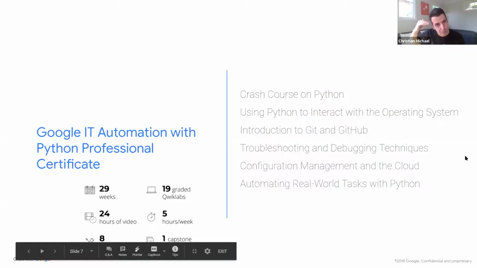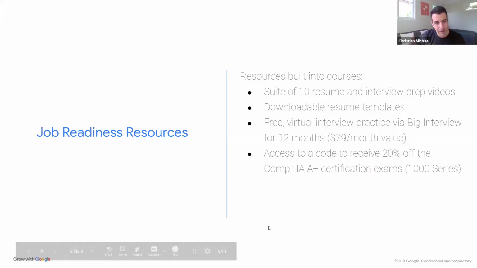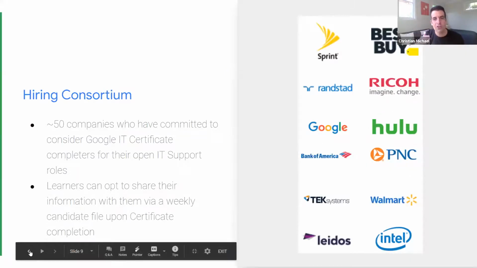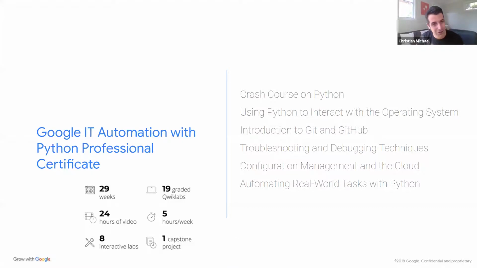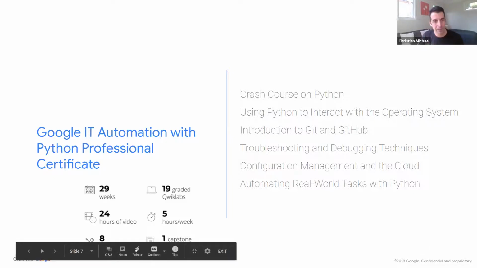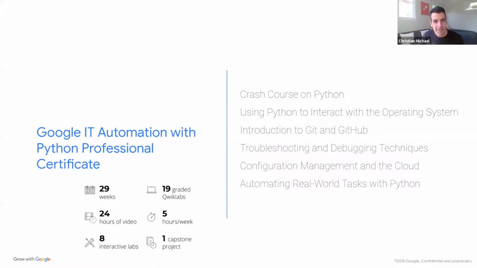So let's talk about what David, I love this framing, David, the appliance designers. So that sort of next step, those programmers, right? We created a stackable pathway because IT support isn't just a job, it's a career path. So in January of this year, we launched a follow-on program called Google Automation with Python Professional Certificate. And this is a 6-course program that provides beginner level training in Python, now the in-demand programming language by employers. And similar to the entry-level IT cert, you can see some of the course stats here. So 29 weeks, 24 hours, again, project-based learning with those interactive labs through Quick Labs technology are available as well. So next slide.